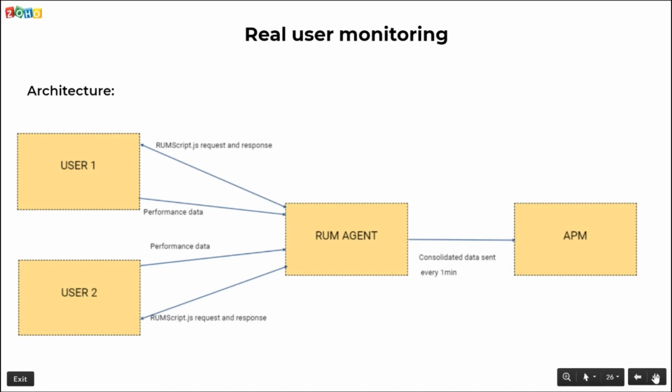This RUM script.js is mainly used as a data collector. When I say data collector, it collects data like the AJAX calls, resource loading calls, errors occurred, etc. This data collected is sent back to the RUM agent, which is further sent to Applications Manager every minute as a single request. In Applications Manager, raw data will be inserted in RUM raw tables and the data collection will then be scheduled.